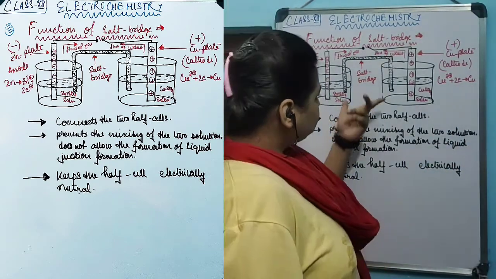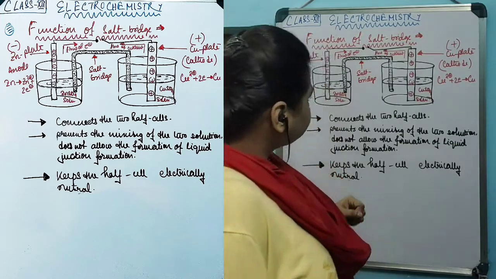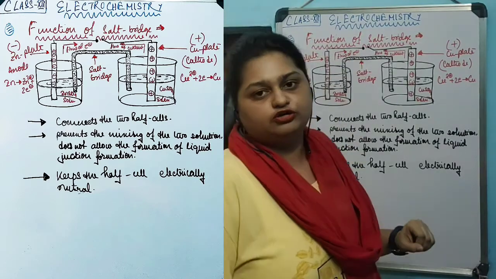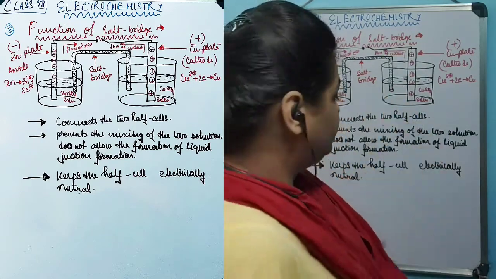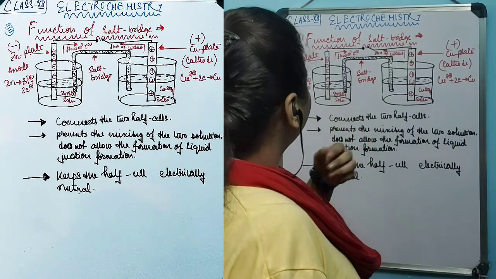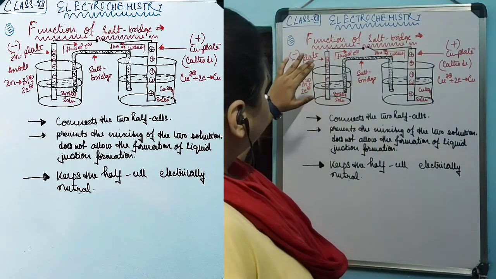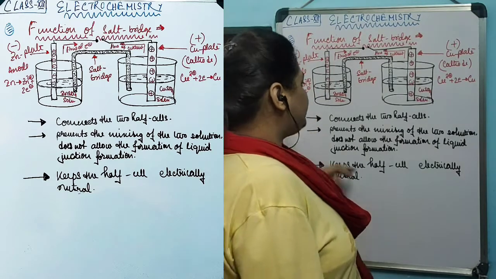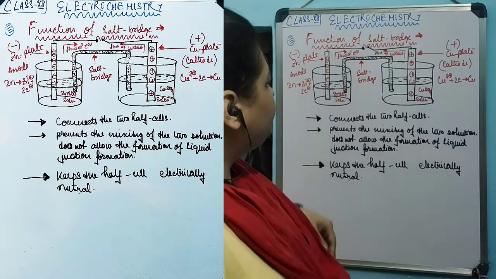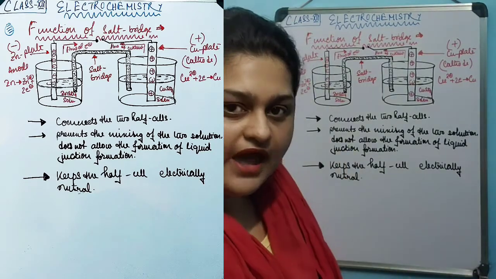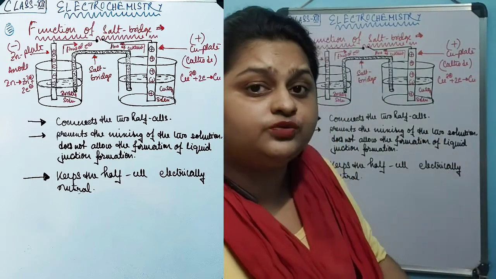potential. Now there's another function of the salt bridge. If the salt bridge was not included in the construction of this modified galvanic cell, in that case what will happen? The motion of Zn2+ from the zinc electrode will be prevented after some time, as the concentration of Zn2+ in the solution will increase.